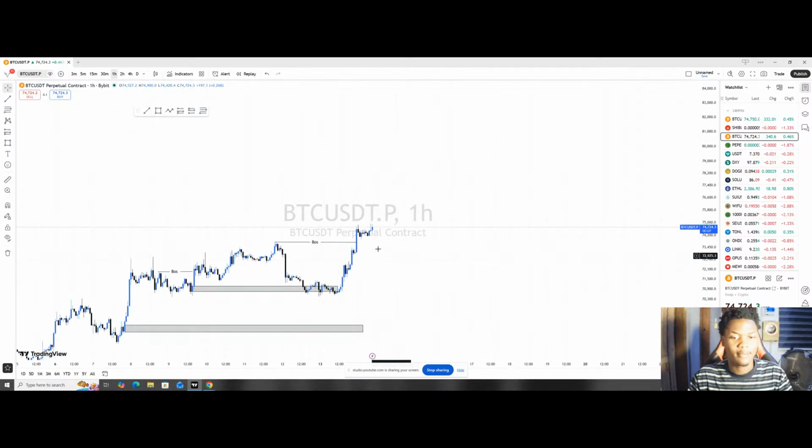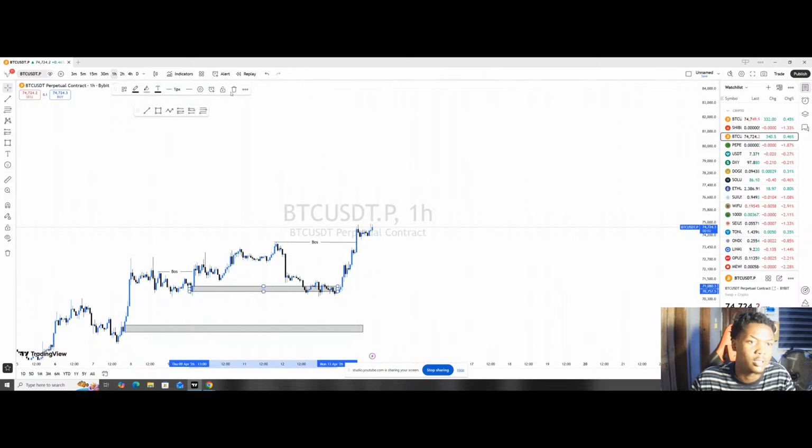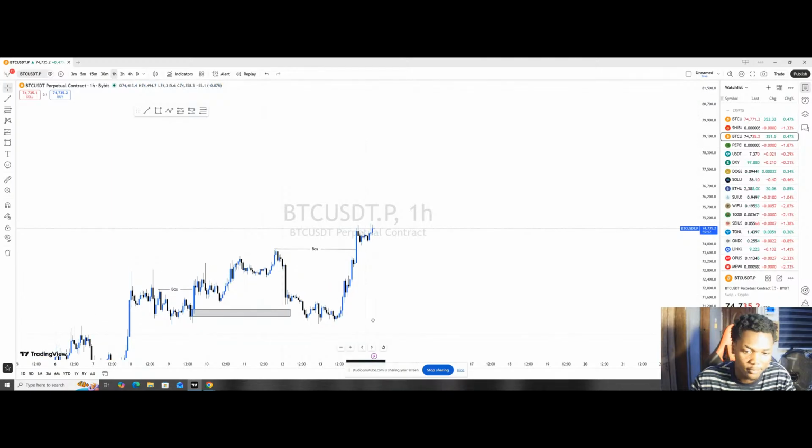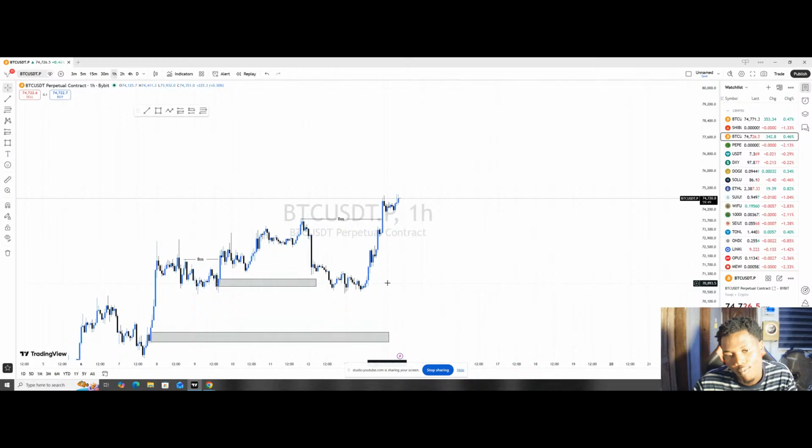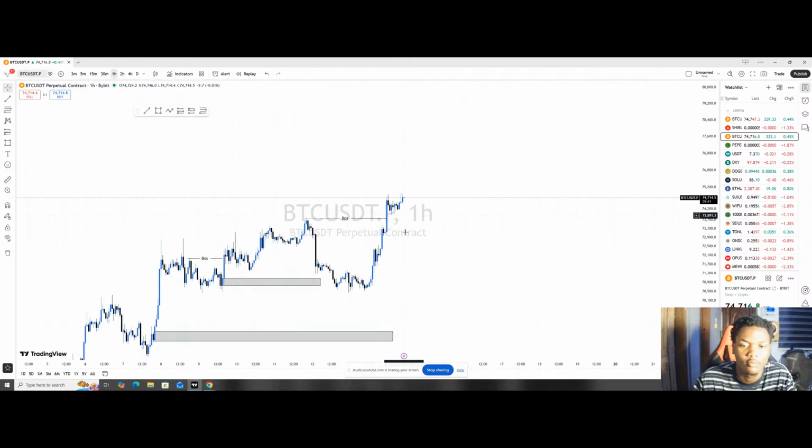On the 1 hour time frame, as you can see, let me just remove this. Price has actually tapped it. So now we have a break of structure. We are looking at price to at least form a liquidity level or an engagement level somewhere here and then come to this point. So if BTC can at least form an engagement level here, then you can actually take it back from this point back up.